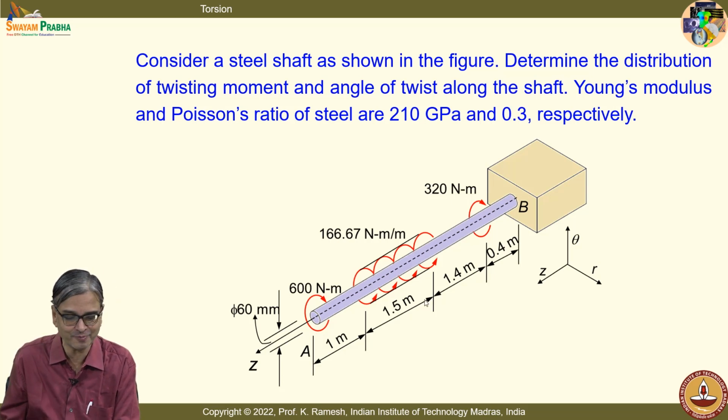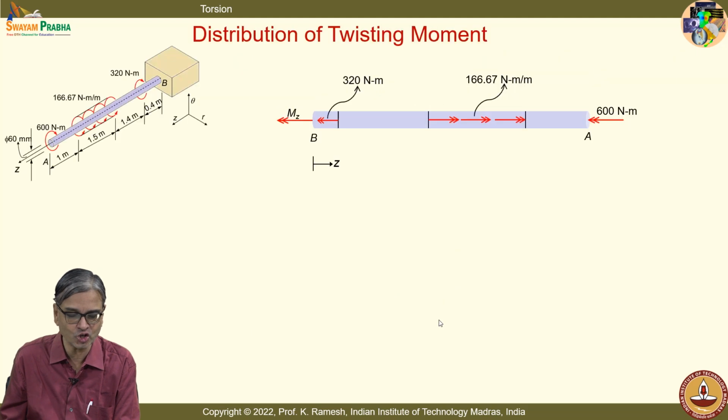So, visualization should be very clear. Even before we solve, we have an appreciation of what the anticipated result is. And to make your mathematics simple, I have shown this torque as double headed arrows. It becomes much easier to handle and also helps in visualization very comfortably. And you have the reference axis, the z axis is taken along the axis of the shaft. I have the directions r and theta shown, and I take a cross section,